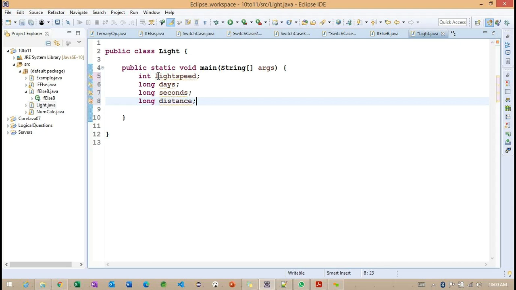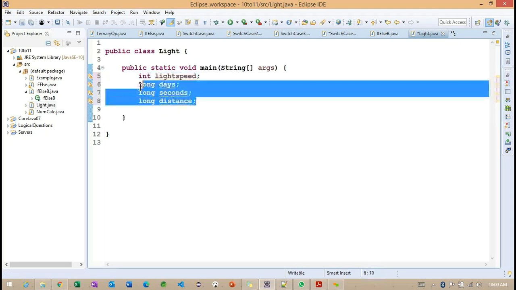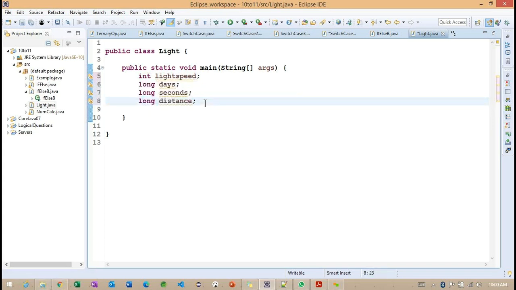These are the variables I'm taking. Carefully observe: the first one has the data type int, and the remaining 3 variables have which data type? Long we are working with. Getting the point.